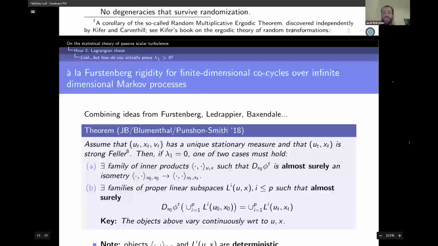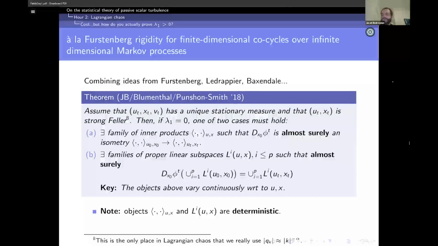Okay, so this is the kind of lemma that is like the Furstenberg one, where you have an infinite dimensional Markov process driving a finite dimensional matrix evolution. And the version in the paper is totally abstract to that case. But I'm just going to state it here for the Lagrangian, specifically the Lagrangian flow map. So if you can prove that this guy has a unique stationary measure, and you have this strong Feller property,